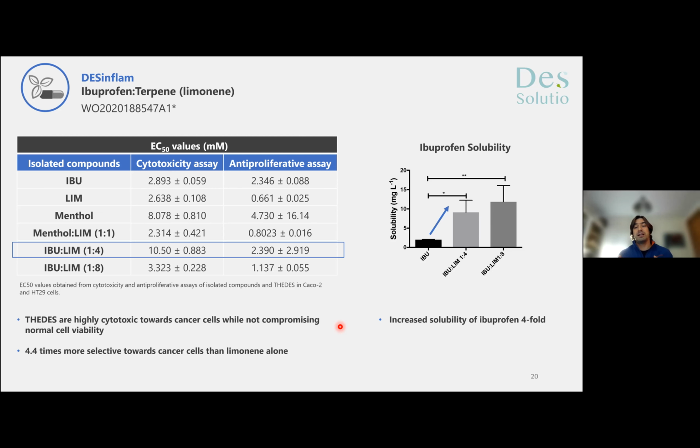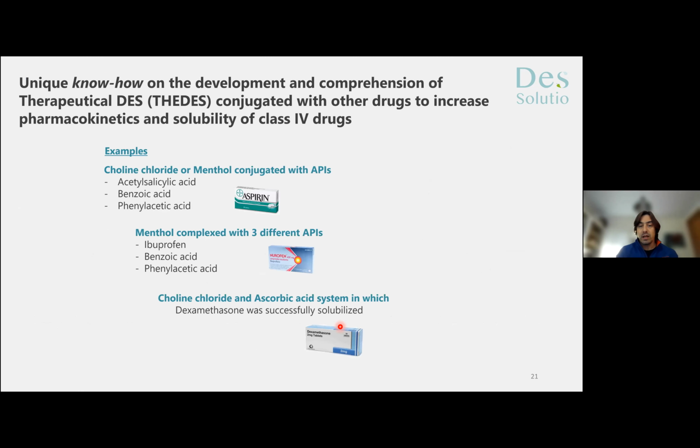So what we are doing basically is turning an API, a drug that is type 4, which means that it has low solubility and low permeability, into a type 1 drug that has high solubility and high permeability. So this means that we can design a number of drugs that can be much faster acting, and we need a much lower concentration. So we don't need to take a big amount of a drug just so that a small amount can have a therapeutic effect.